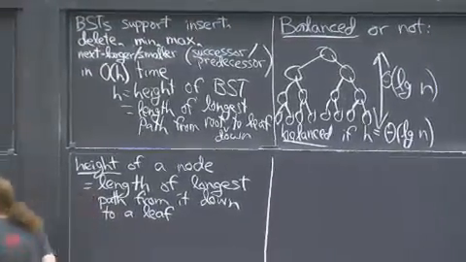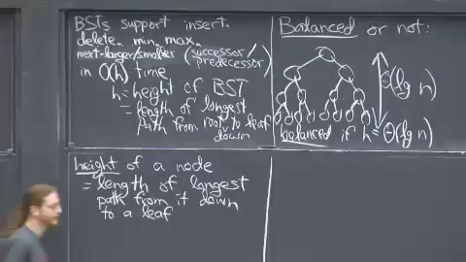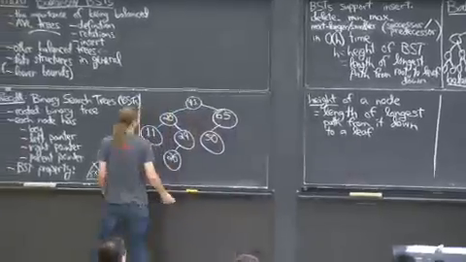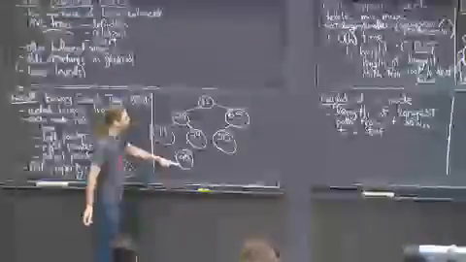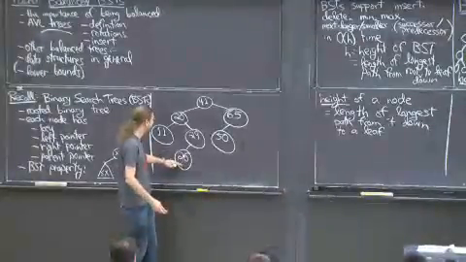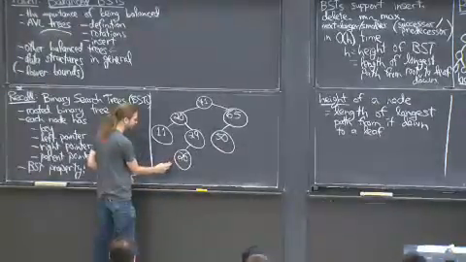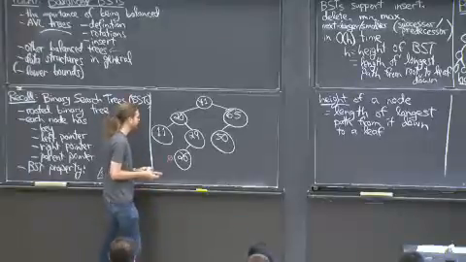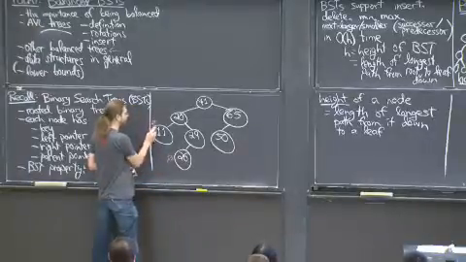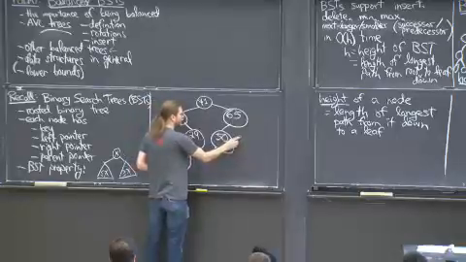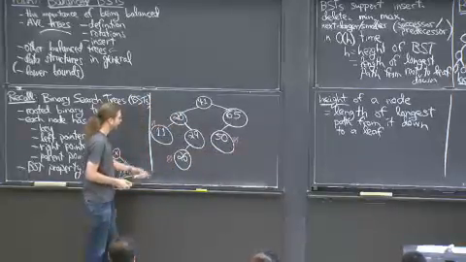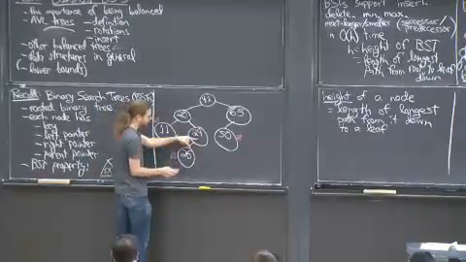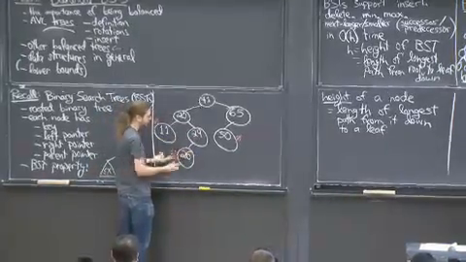All right, so for example, over here, I'm going to write depths in red. If you're taking notes, it's OK, don't worry. So the height is the length of the longest path from it down to a leaf. Well, this is a leaf, so its height is 0. It takes 0 steps to get from a leaf to a leaf. This guy is not a leaf. It has a child, but it has a path of length 1 to a leaf.